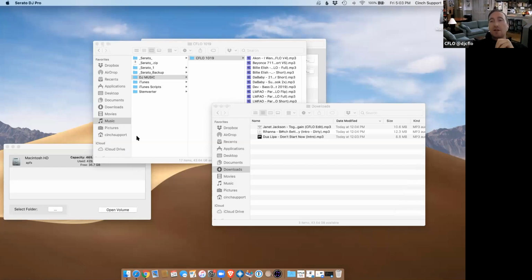The last thing I want to recommend strongly is restarting before every gig. If you're running an operating system after 10.12 Sierra, when you close your laptop lid and it goes to sleep, when you open your laptop lid, the USB device on the Mac level initializes differently than if it's a fresh boot with an open lid. So when I get to every gig, I open my computer, I unlock it with a password, and I restart.